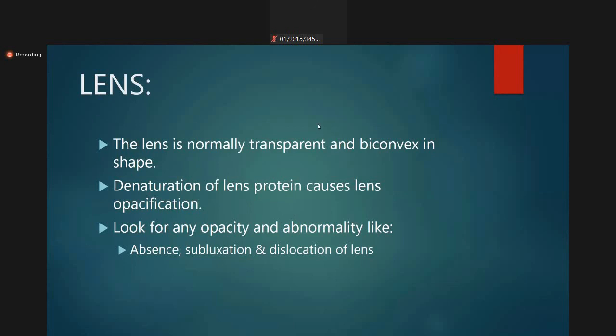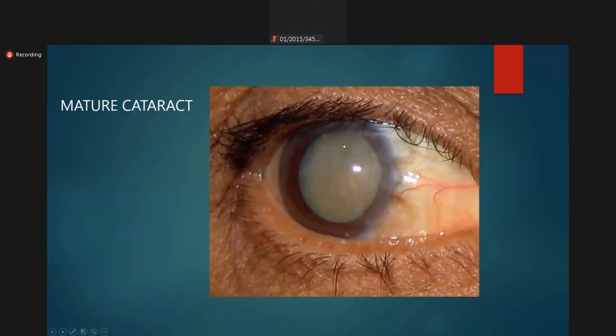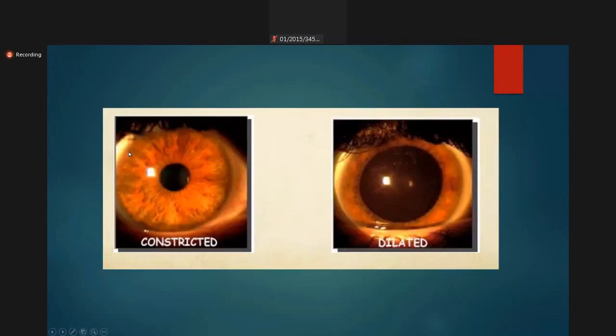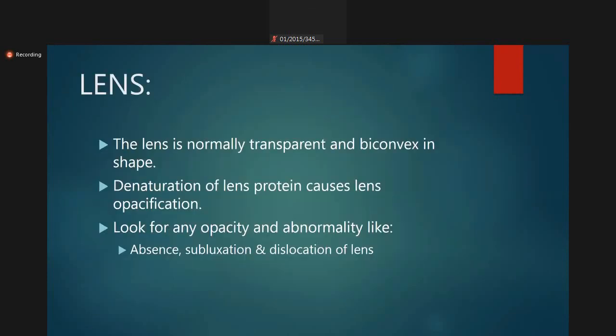So we were on pupil, then lens. What is lens? It is a normal biconvex structure which is crystalline in shape, and it is transparent. It is composed of lens proteins, known as crystallins, which help in the